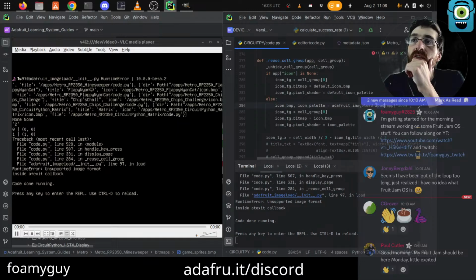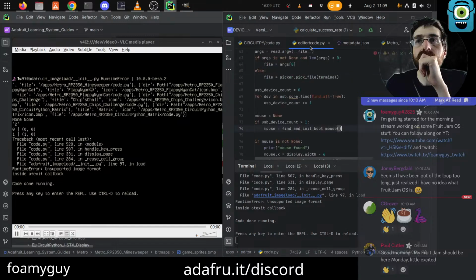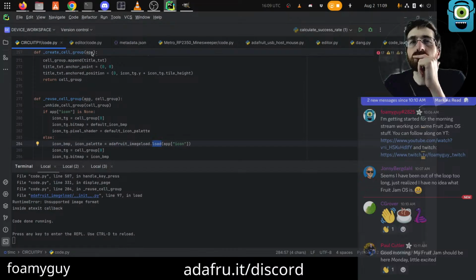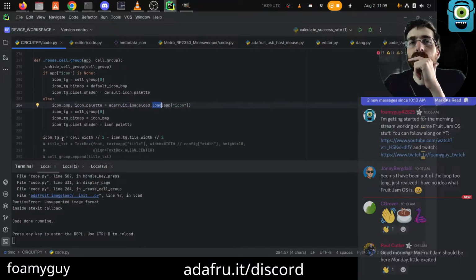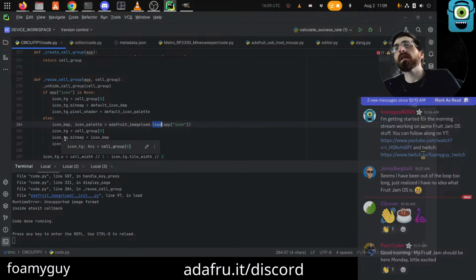So it's calling image load on app icon. Huh.